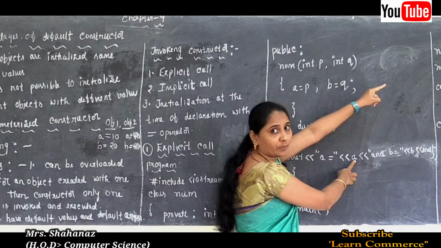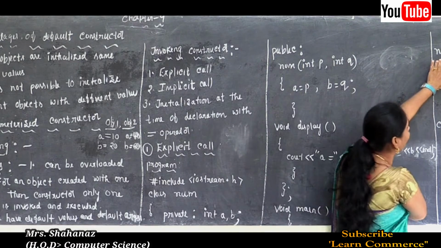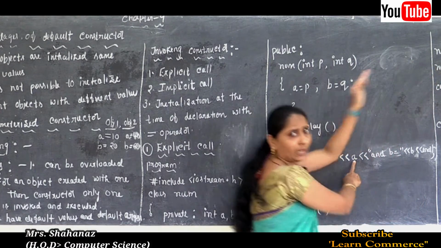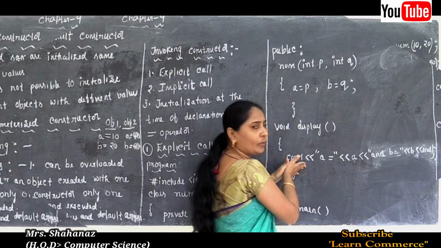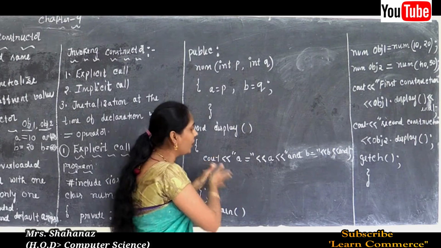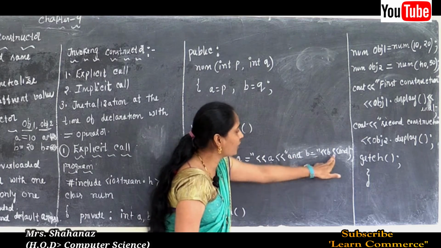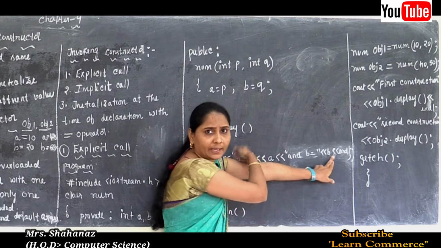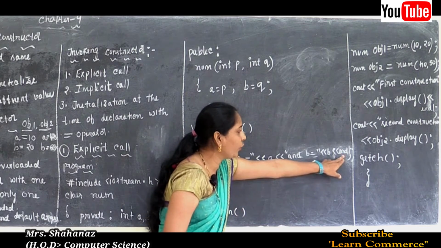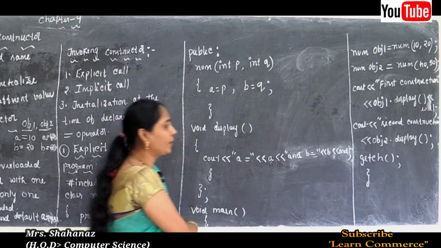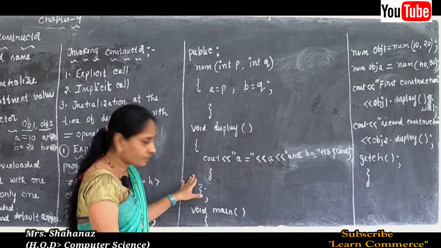Why? Because later I am going to tell, I already said about this, but later I am going to tell about explicit call. But before that, let's see how it is going to display the message on the monitor. And B is equal to B. Why? Because whatever value we add, such value is going to display for B, and all those values are going to display one by one. Why? Because here we used endl.